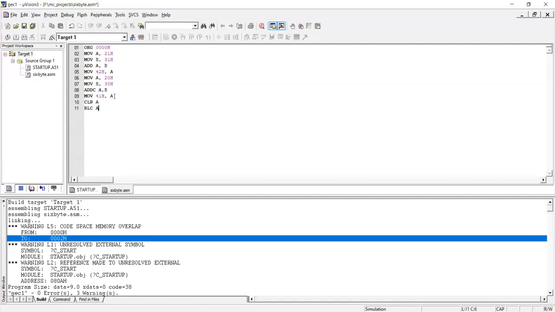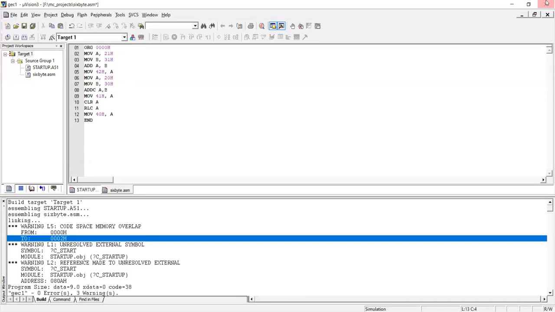The MSB becomes the carry bit, and the carry bit becomes bit 0 of the accumulator. So if there is any carry, it will be stored in the accumulator, and I will move that content, MOV 40H, A. I'll put an end here.